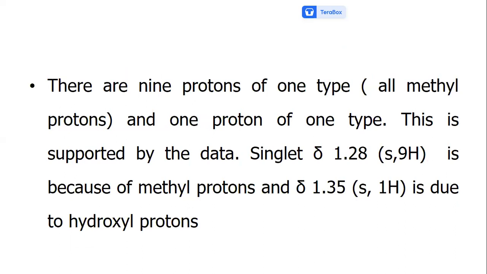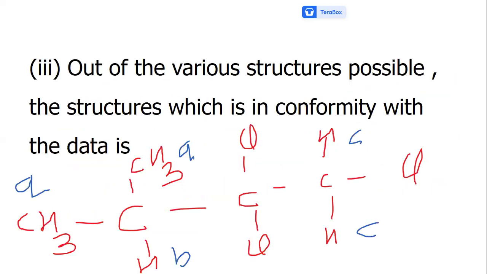There are 9 protons of one type, all methyl protons, and 1 proton of another type. This is supported by the data: singlet delta 1.28, singlet 9 hydrogen, is because of methyl protons, and delta 1.35, singlet 1 hydrogen, is due to hydroxyl proton, okay? Out of the various structures possible, the structure which is in conformity with the data,